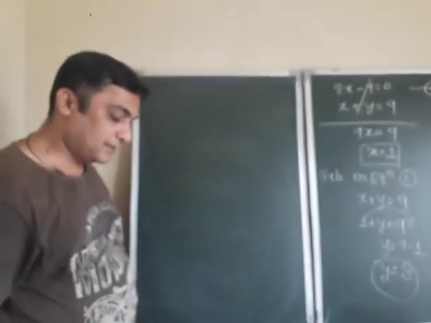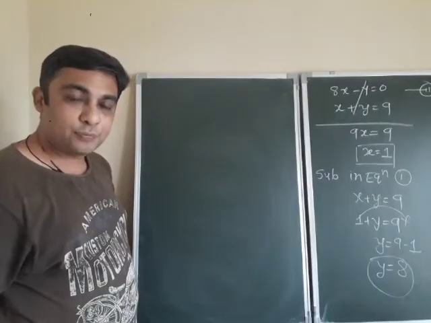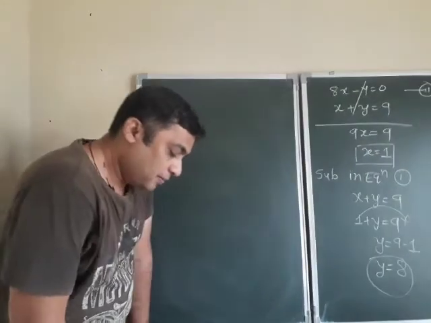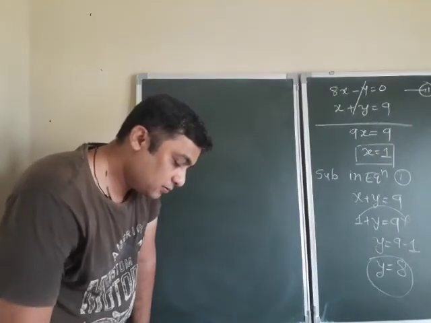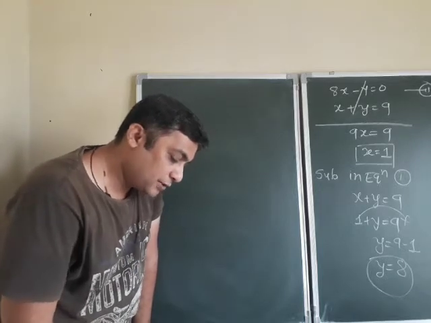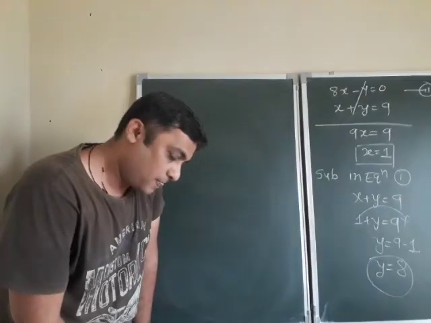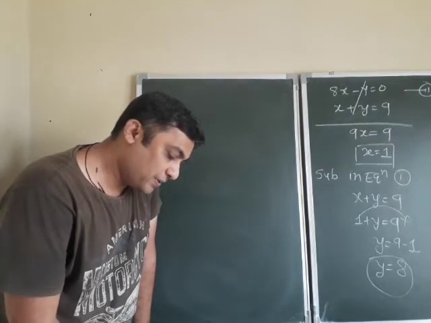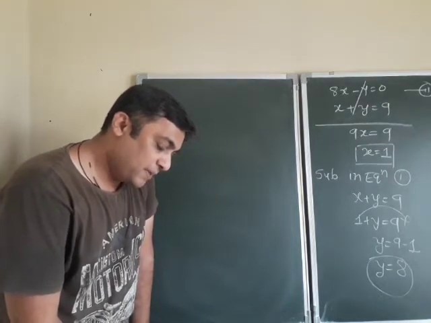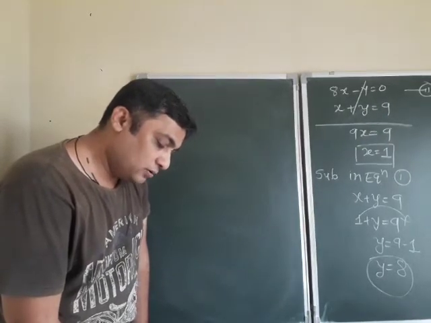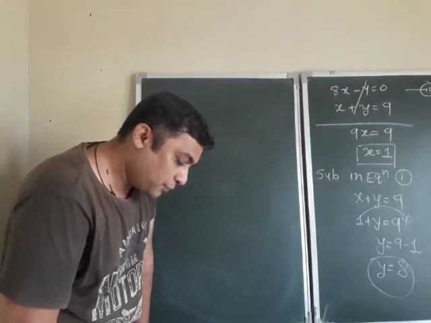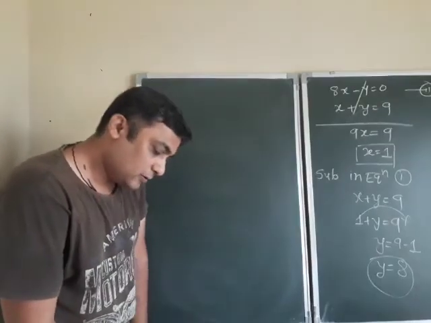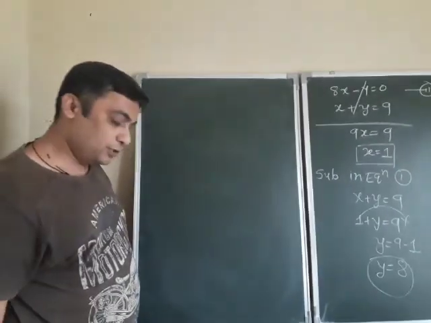Question number 4, example number 2. I request all of you once again, please keep a textbook with you. Now read it. Meena went to a bank to withdraw rupees 2000. She asked the cashier to give her rupees 50 and rupees 100 notes only. Meena got 25 notes in all. Find how many notes of rupees 50 and rupees 100 she received. Clear? Okay. So chaliye, ready all of you?